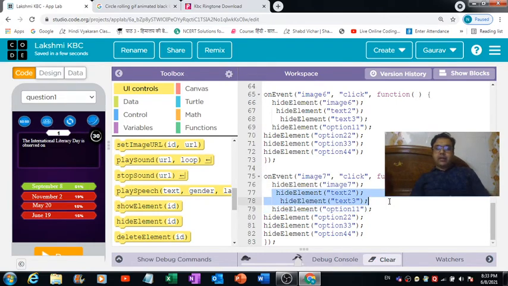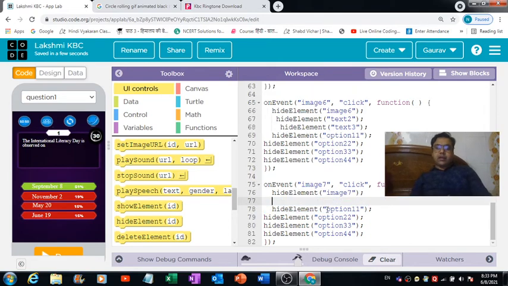So I'm eliminating these things and in place of this hide element, let's use show element, replacing all the hide elements with show elements quickly. Okay, so done with defining the code for this public poll lifeline.